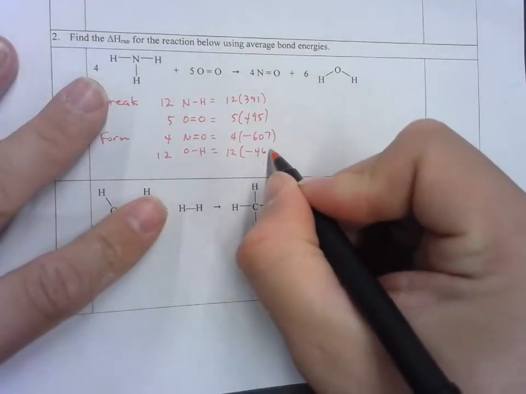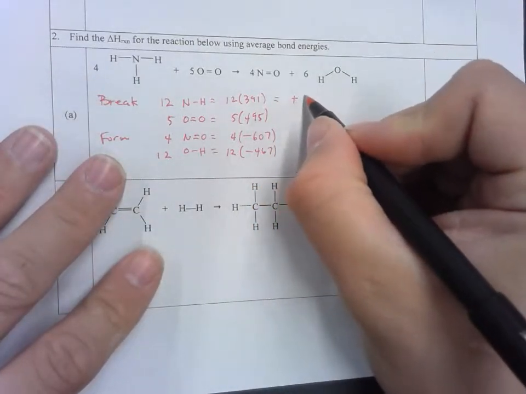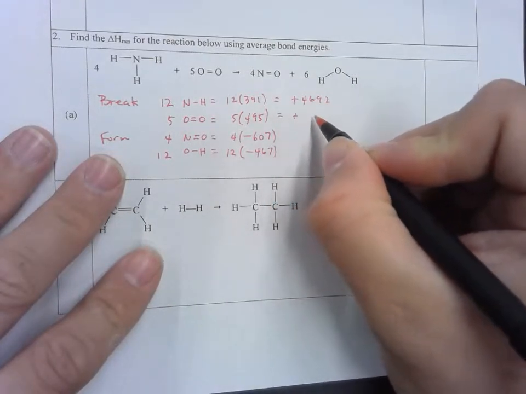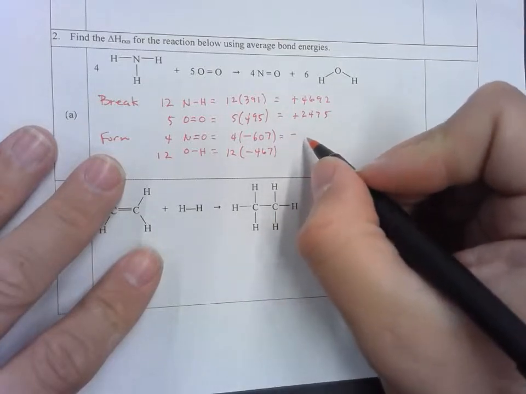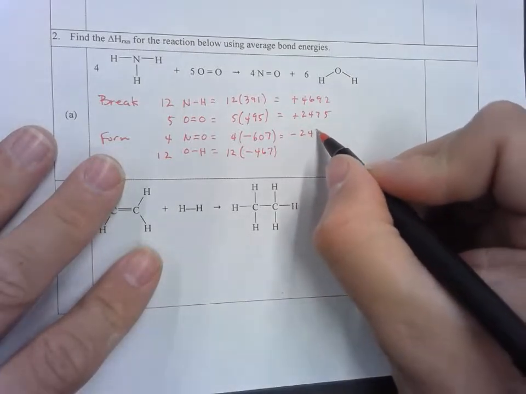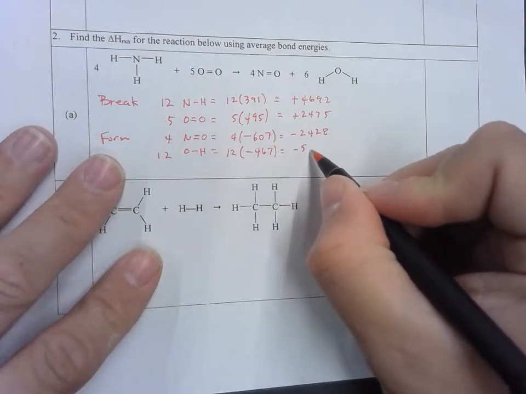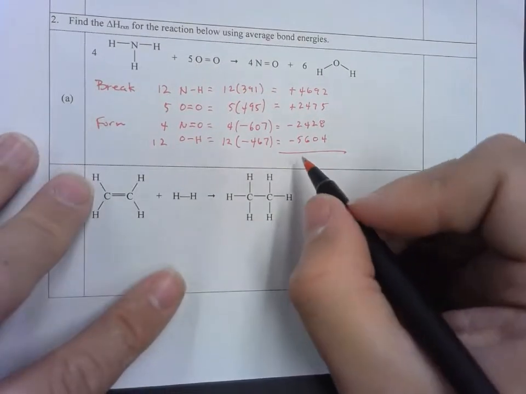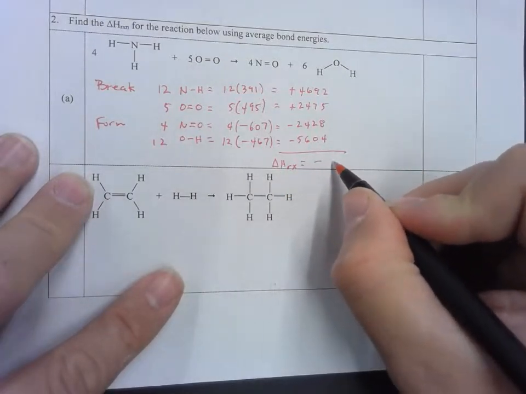That equals the following values: positive 4,692, positive 2,475, negative 2,428, and negative 5,604. If you add all of those up and total them, you get delta H of the reaction equals negative